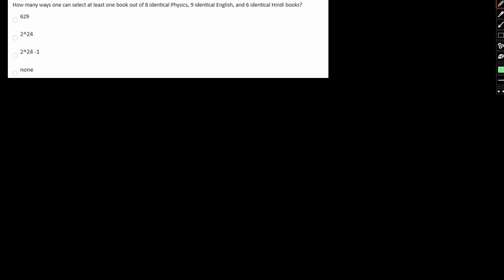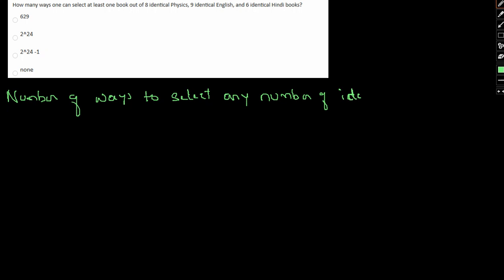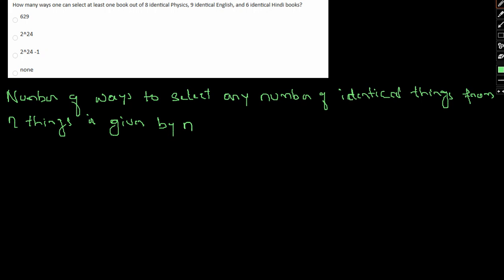So suppose, let me give you a concept. Number of ways to select any number of identical things from n things is given by n plus 1.